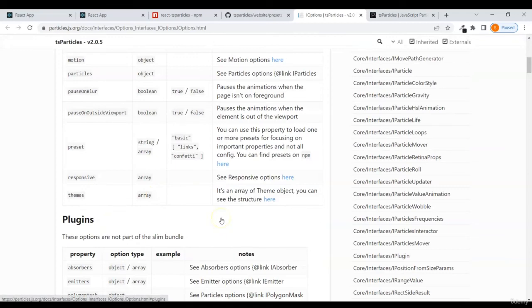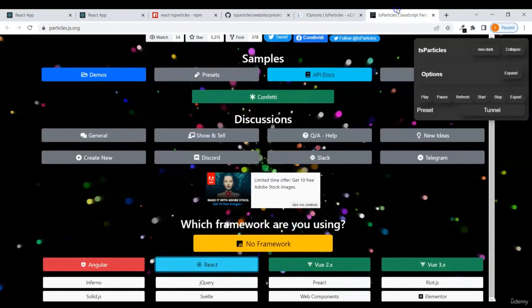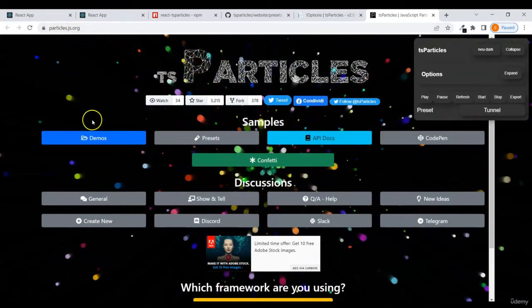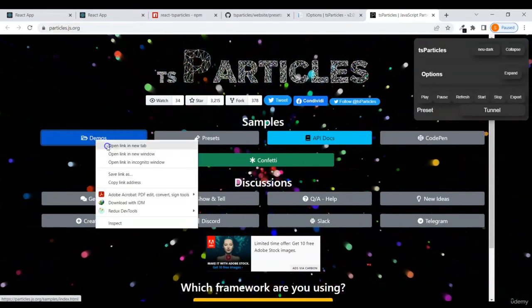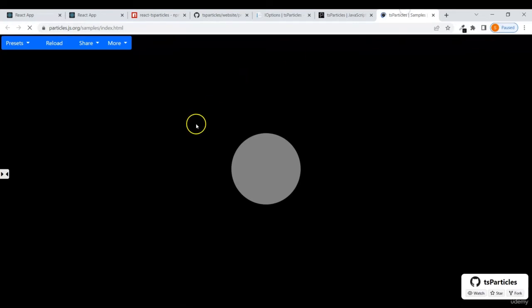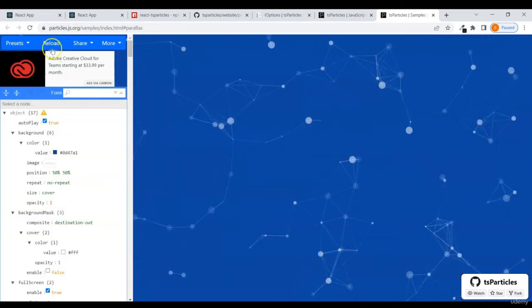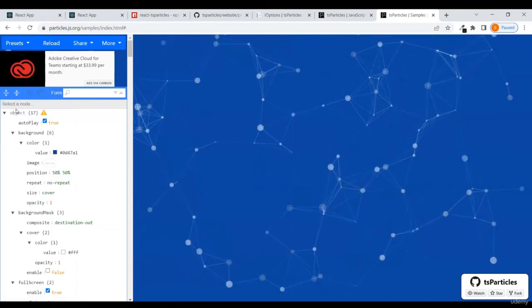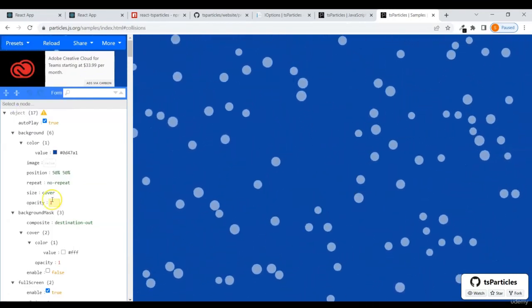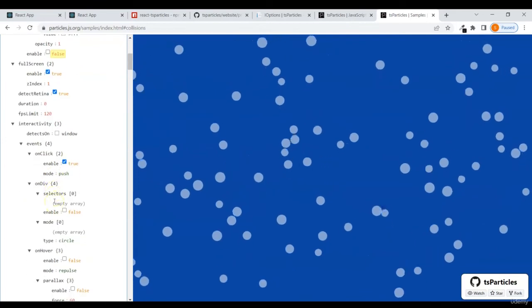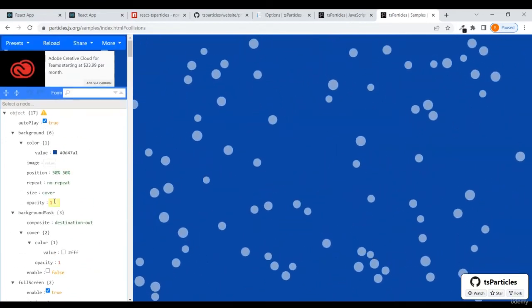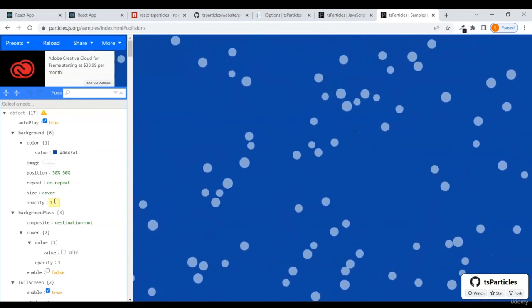And to know about all the demos and everything, you have to go to the official documentation, and this is particles.js.org. Once you click on demos, you'll see all the demos rendered on this page. For example, if I change this one to some other, let's say collisions, you'll see that this gets changed. Based on that you can copy all the configuration and use that in your code. So that is all about some of the basic things you should know before we implement